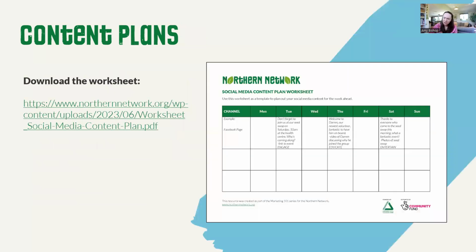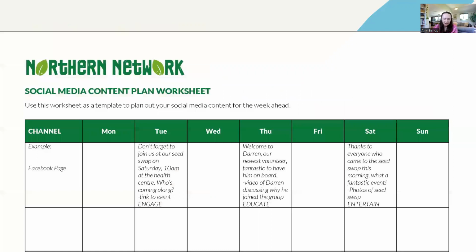So how do we bring all this together into a content plan? I've got another worksheet that you can download. It's just a really simple plan of posts that we might do for the week ahead. And I filled out an example, so we can zoom in on that. So in this example, I've planned out some content for a Facebook page for an imaginary green